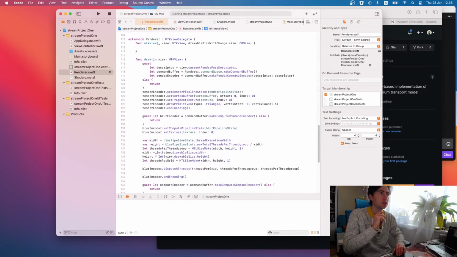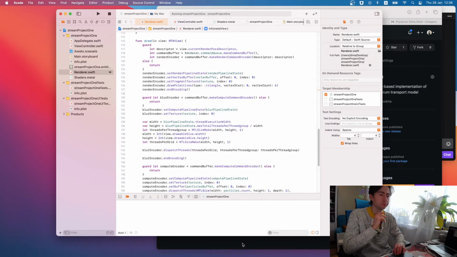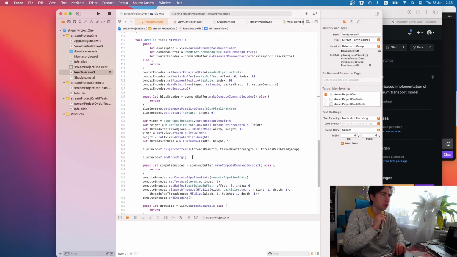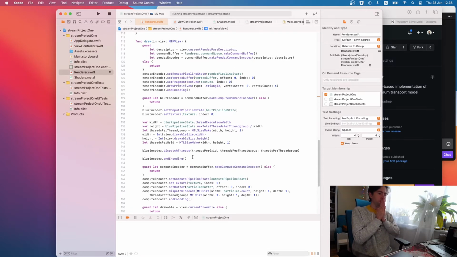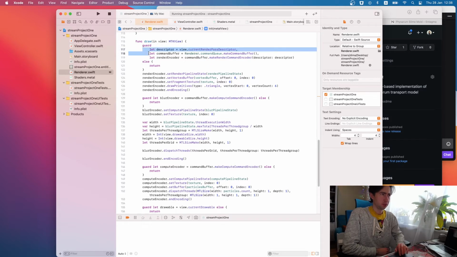Okay, so drawing. So some kind of initialization.